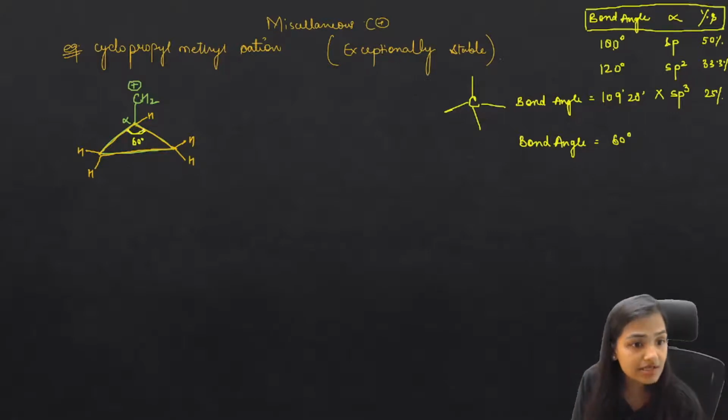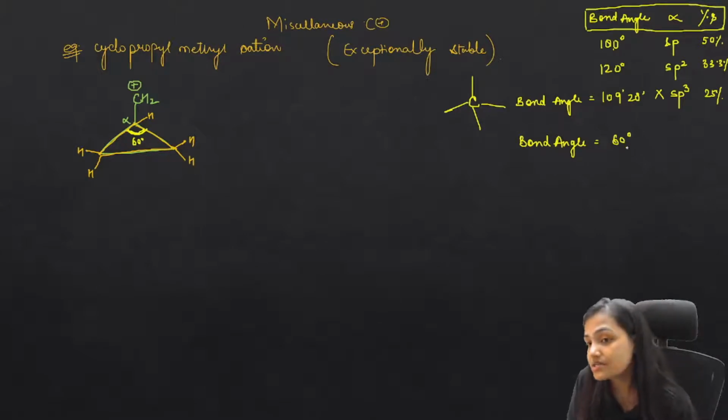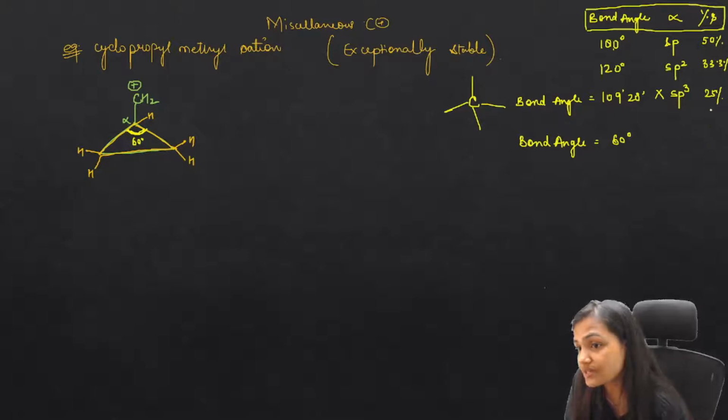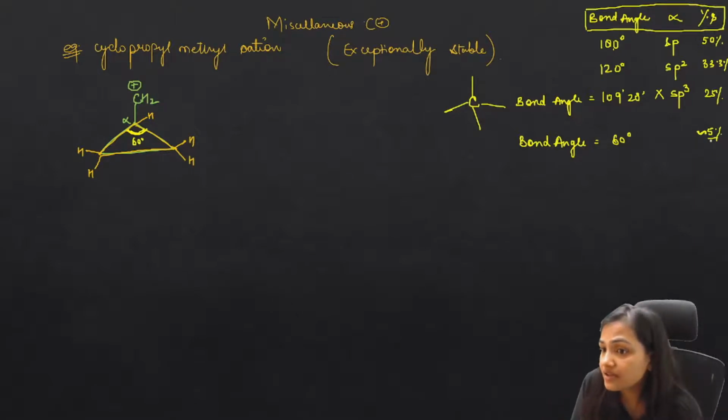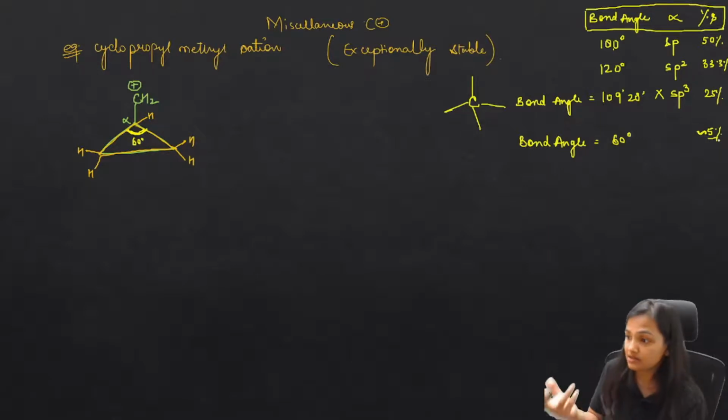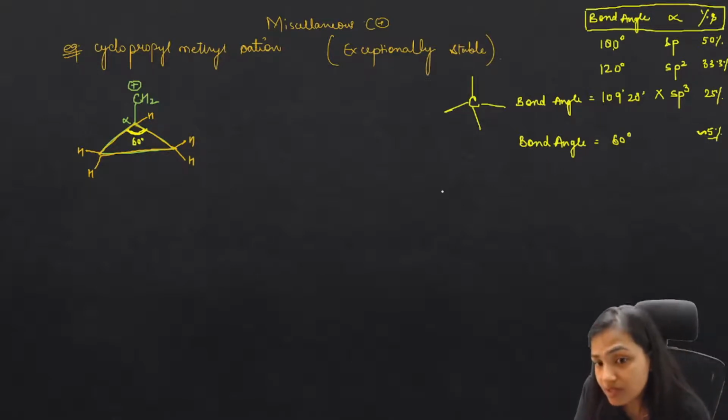Here the bond angle is 60 degree. So when the bond angle decreases to 60 degree, I can expect that the percentage of S character decreases more, to only 5% or something. Let me say it is nearly equal to 5%, because the bond angle is decreasing more and more. Okay, 5 to 10% I can say. So ultimately, if the S character is decreasing, what does this mean? Now let us look at the